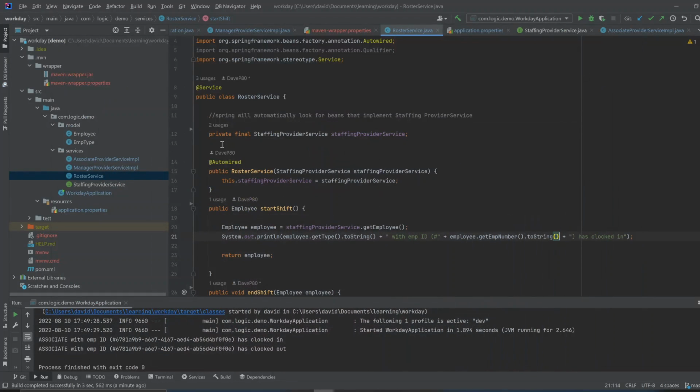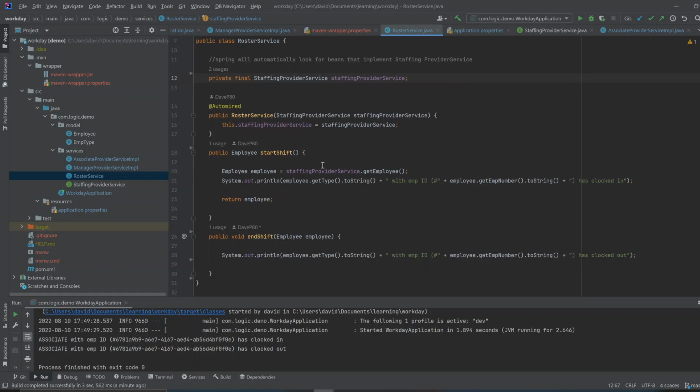Our roster service needs an instance of this. The interface is used like a field,